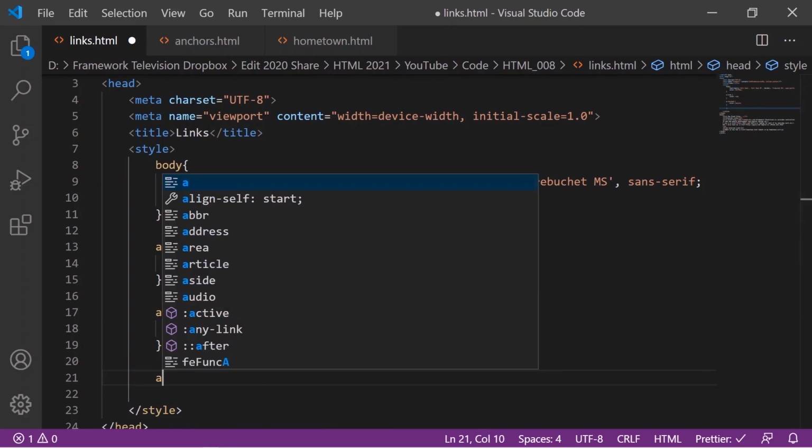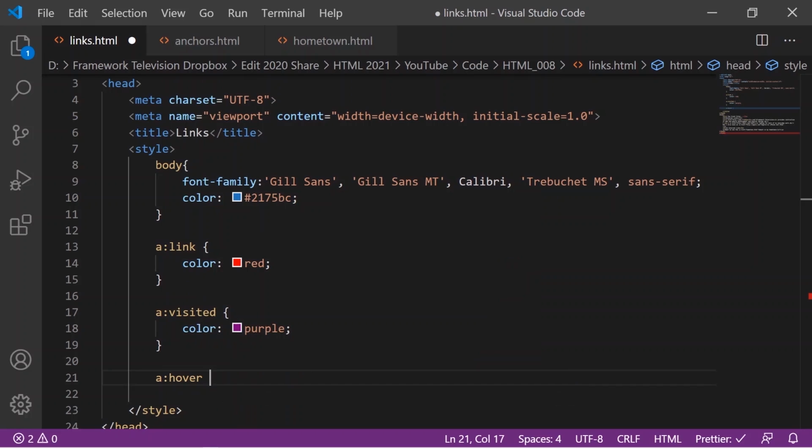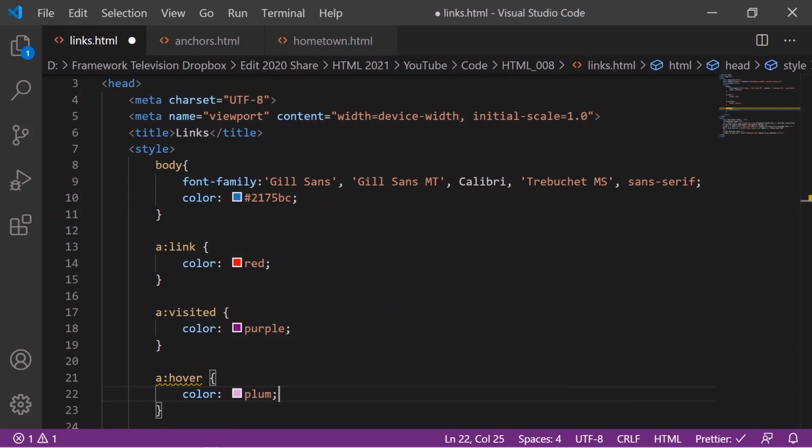And we also can select a color for when you're hovering over an individual link. Let's go with the color plum. So now, any link that hasn't been visited will be red, any link that has been visited will be purple, and any link that you're hovering over will be plum. So if we look at this in the browser,